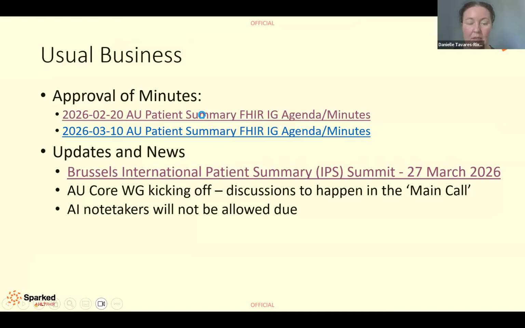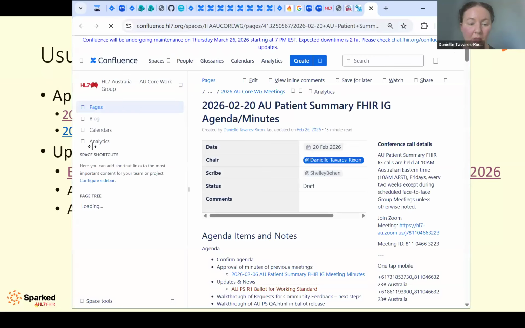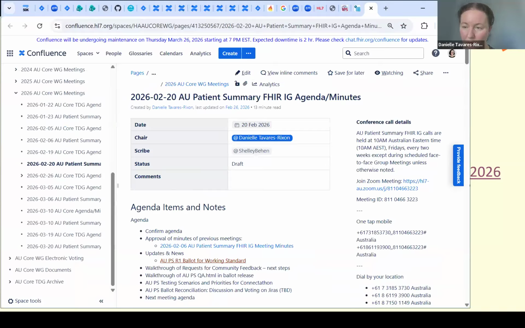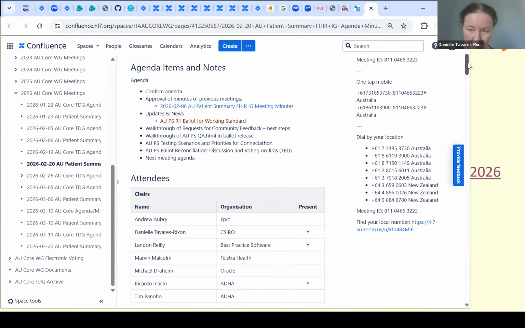So I'll just go to that now so that we can have a look. Let me just run through that. All right. So the last call, which is not the last meeting, because there was a really fantastic face-to-face in Sydney. But the last call, what we went through,